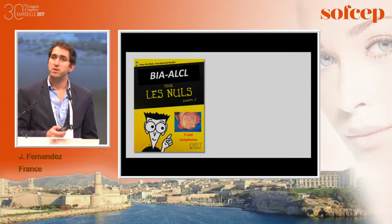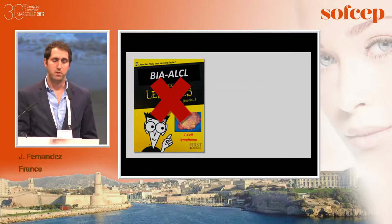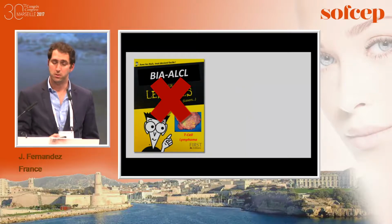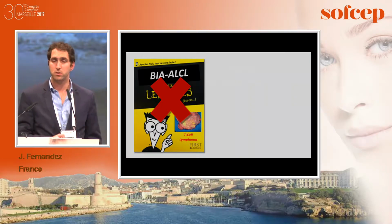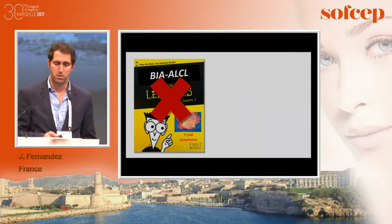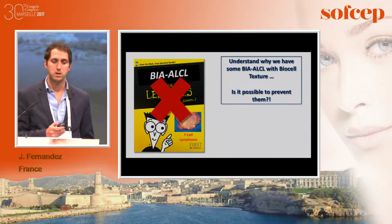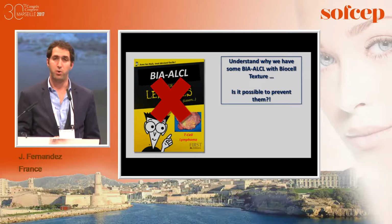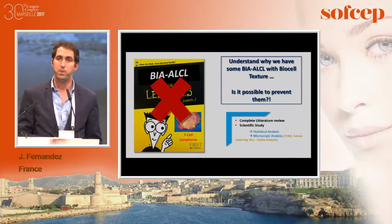The aim of this presentation is not to explain to you the clinic or paraclinic of the lymphoma, because you are a surgeon, you know that. I'm not here to say if you can or cannot use Biocell or polyurethane or other. I'm here to understand why we have some cases here with Biocell texture, and we'll see if it's possible to prevent them. To answer this question, we realized a complete literature review and a scientific study with statistical and